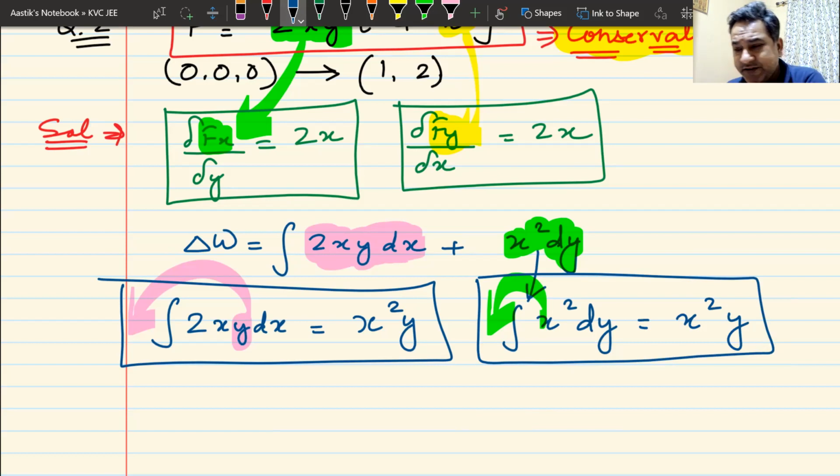Do we understand what I have done here? Yes or no? First, we have understood the problem. The problem was, with y we have dx and with x we have dy. Problem number 1, we can't integrate it. How have we solved that problem? We have still not solved the problem. We are looking to solve this problem. I have taken them separately and integrated them separately, assuming that the other one is a constant. So what I have here is a very similar thing. I have x squared y here and I have x squared y here. Both are the same.